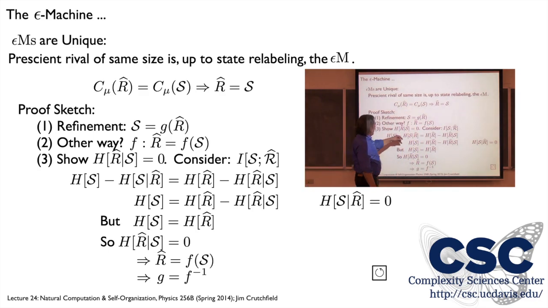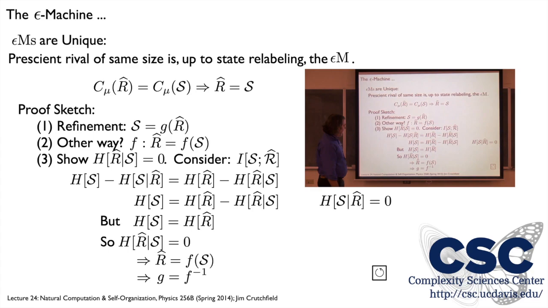Well, okay, so the first thing follows directly from the assumption that we have rival states. We already established that there will be some G. Since these are refinements, whatever rival cell I'm in, I know what the enclosing causal state cell is. So there's some function G. But this is actually going the other way around. Is there some F such that if I tell you what causal state you're in, you know what rival cell